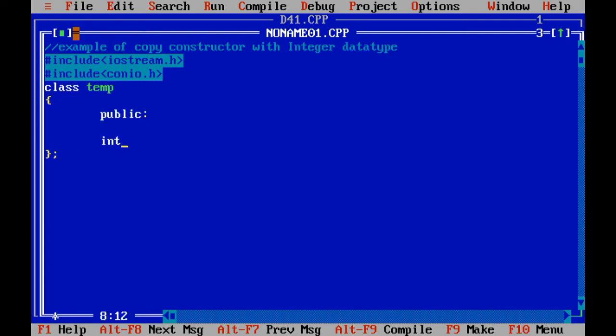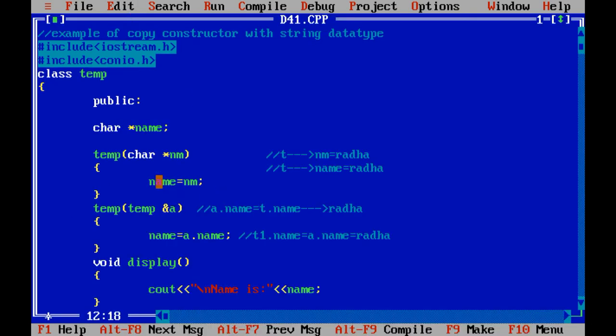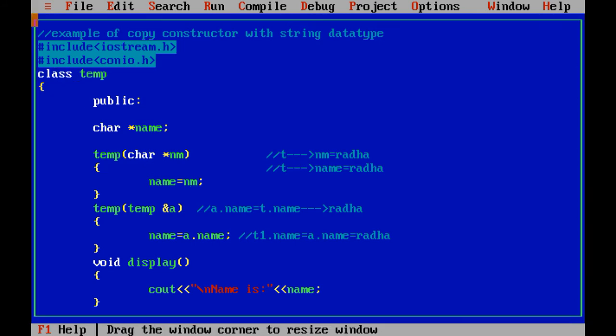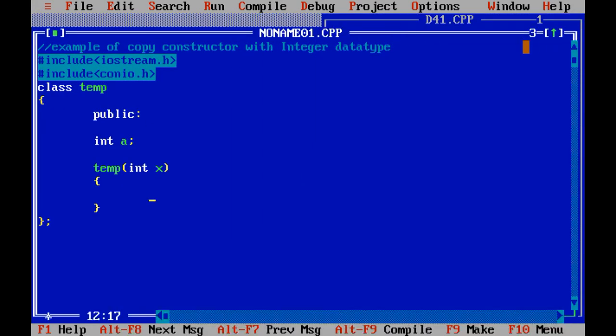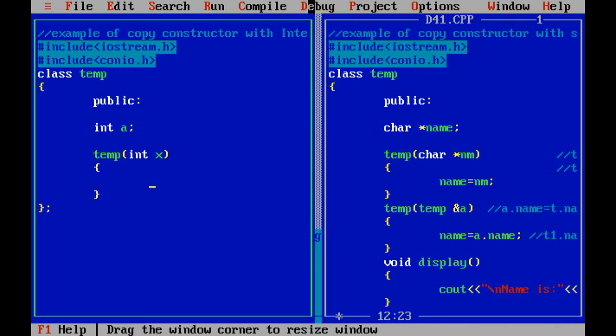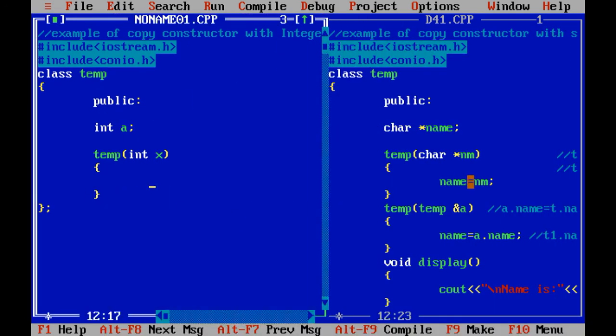See, because I want to copy the constructor using integer data type, that's why I am going to declare integer a in temp, integer x. Now see, over here we have applied name equals a.name, right? You can compare the two programs because the code would be similar.